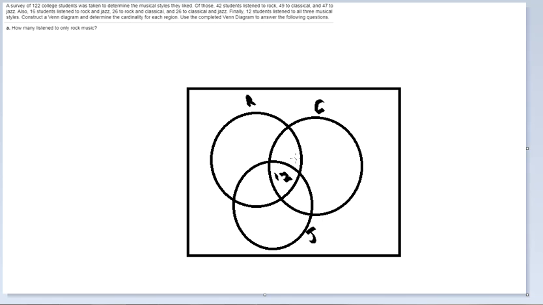So there's 12 people in there. Now backing up from there, what I can see here is that 26 listen to classical and jazz. Classical and jazz is right here. And so the one that is both would be this, 26, but notice there's already 12 there, so I have to take 26 and subtract 12. And what is that, 14, I believe it is? Yes, 14. So 14 would be here. Okay, so that would make 26 that listen to both